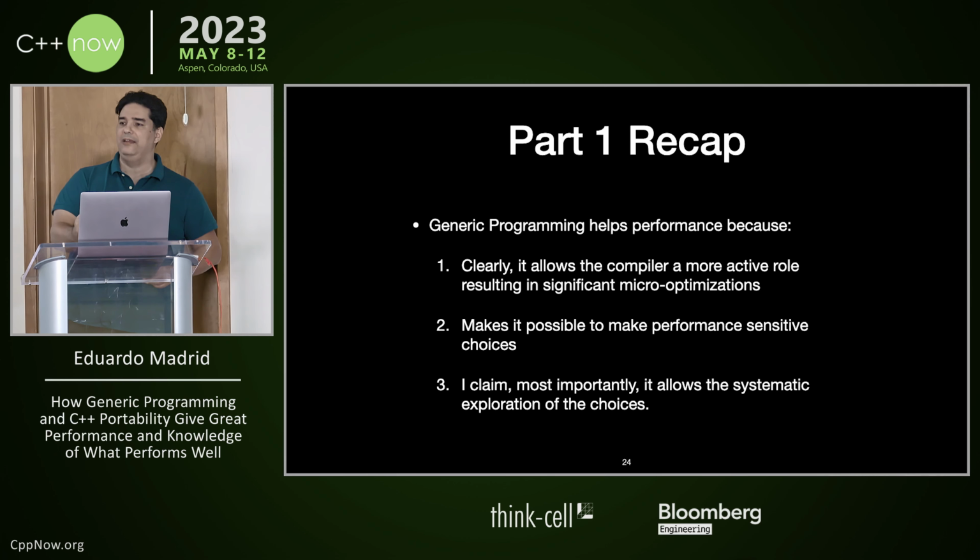And most importantly, because it allows you to deal with the problem of interaction between performance-sensitive choices. For this, you have to have a very robust mechanism to express your performance-sensitive choices. So if I understand the third point, it's mostly about what you might call policy-based design, like template arguments that don't really change the inputs or the outputs,